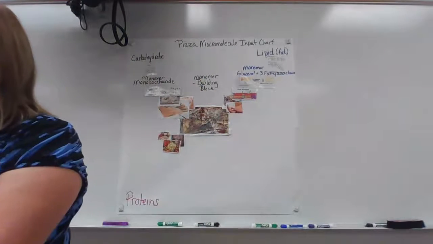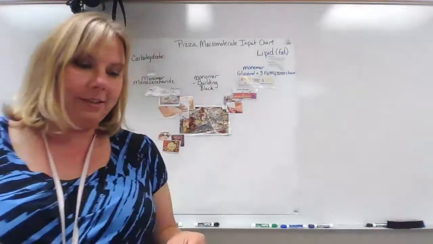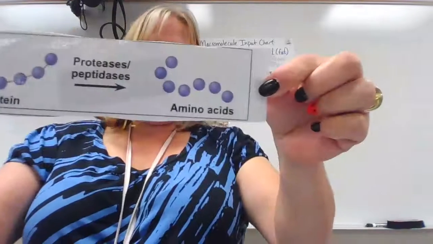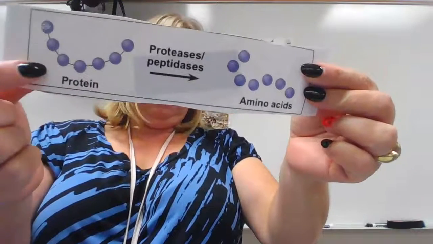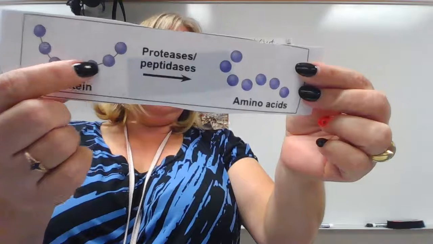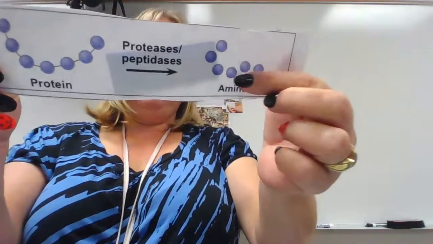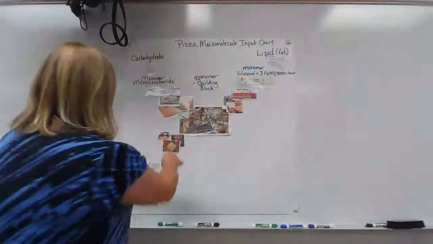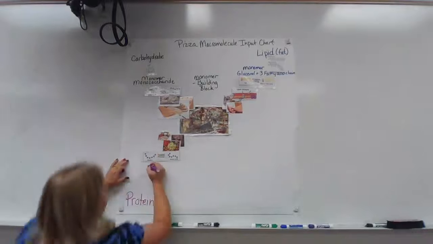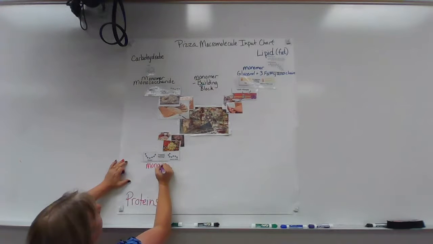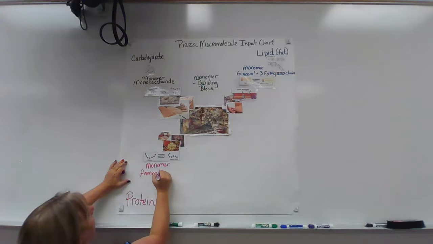So we'll slow down, guys, slow down. The monomer of a protein, yes, I know you're so excited, is called amino acids. So a protein is made up of a string of amino acids like so, and they can be broken down into individual amino acids. So let's write that on there. So our monomer is amino acids,